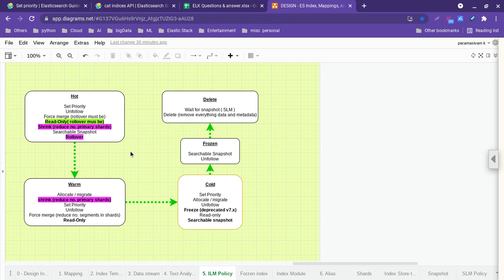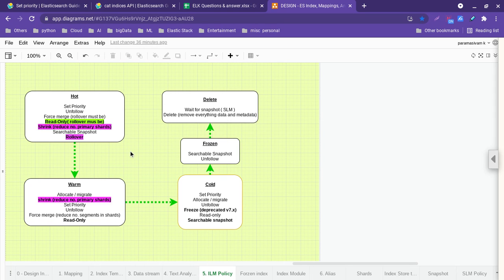We know that whenever an index moves from one state to another, a follower index has to be created, right? Let's say I have one time series index that has many copies, A0, A1, A2, A3.